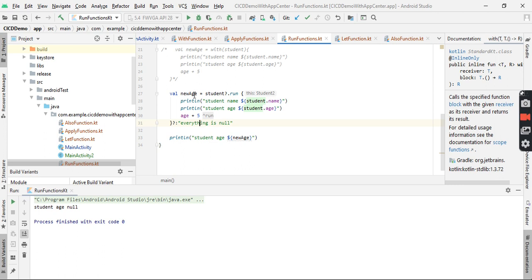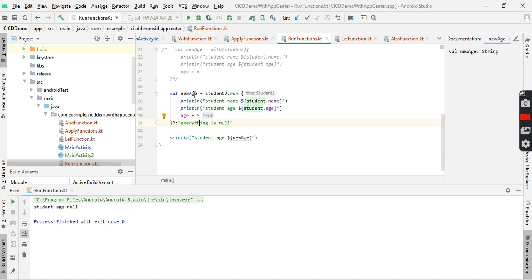Suppose you are working on an Android application and you get a null value from the server. If you use the run and let higher-order functions on a variable and want to show a useful message to your UI, in this type of program you can use the Elvis operator.